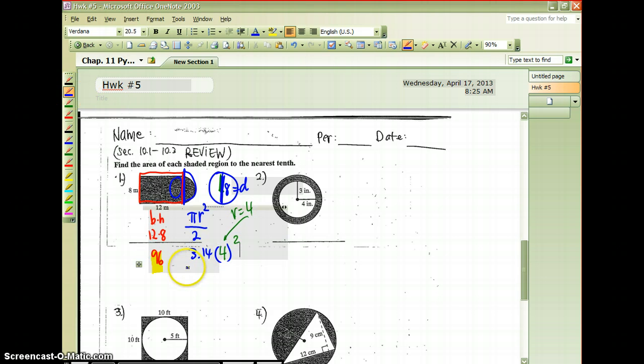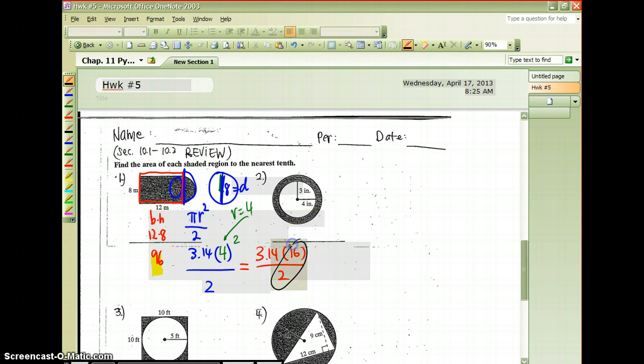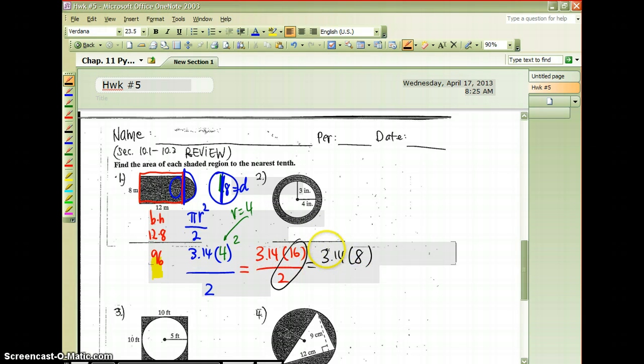Then after I multiply that, I can divide by 2. So a shortcut way to do that is to do 3.14, square this 4, which is 16, divided by 2. I can take 16 and 2 and divide that first, getting me 8. So 3.14 times 8, and I can do it just like this, so I don't have to multiply the decimal too many times or divide too many decimals. So that is going to give me